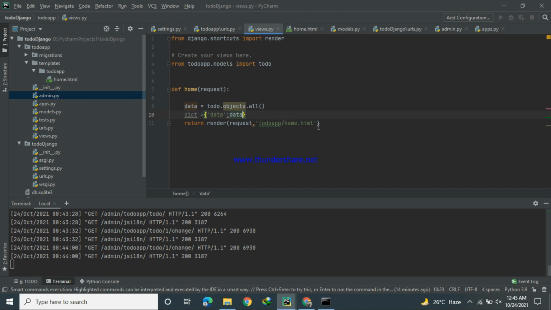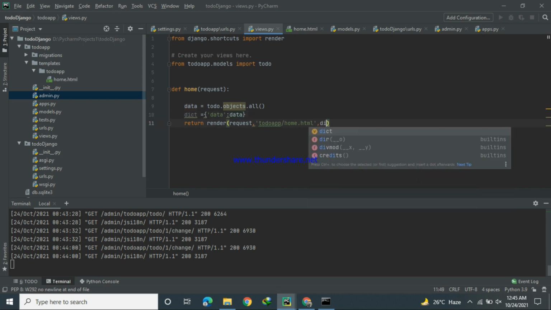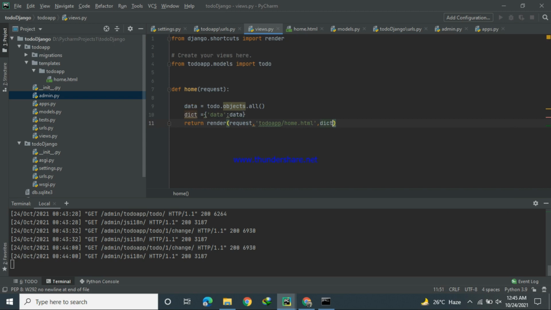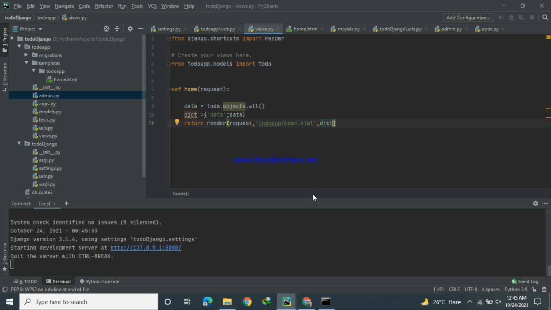Here we will attach our dictionary, dict. To import all of these data, this data is in a query set, and the query set has more than one data, so we have to apply a loop here.